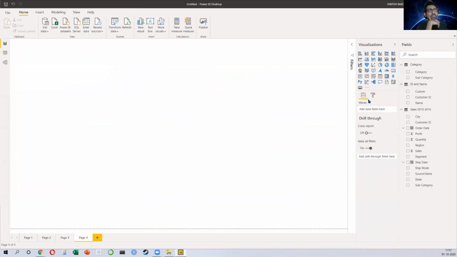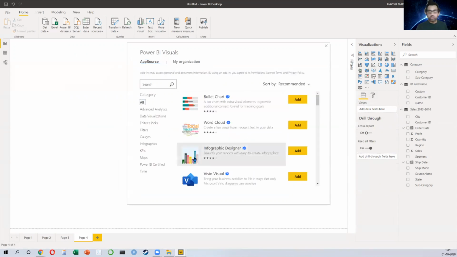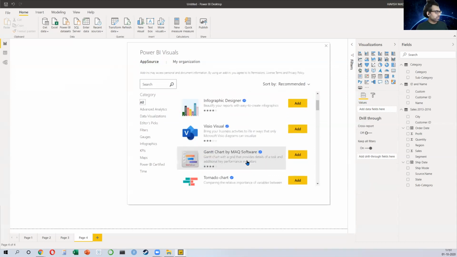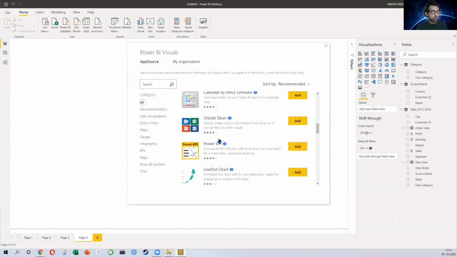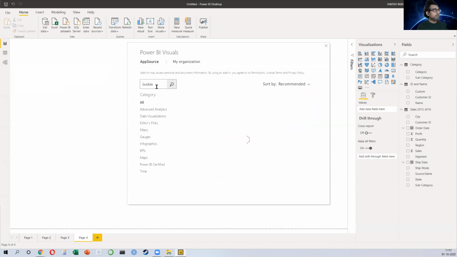What else can I show you? Let me import another visualization. For those of you who were not there yesterday, Power BI has inbuilt charts, but you can even download more charts from the internet. So I can click on get more visuals, and there are over 200 different charts available, right? So let me show you some fun charts. You'll have to give me a moment to think of the right one to show you. Let me show you the bubble chart.